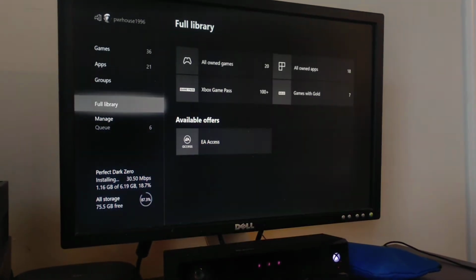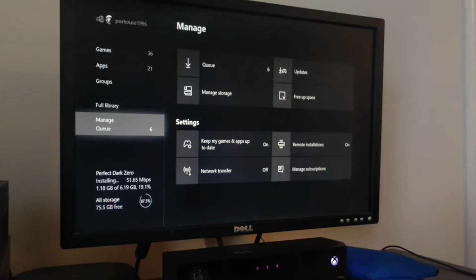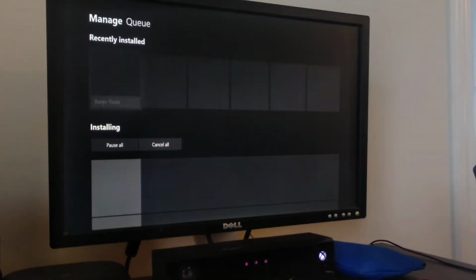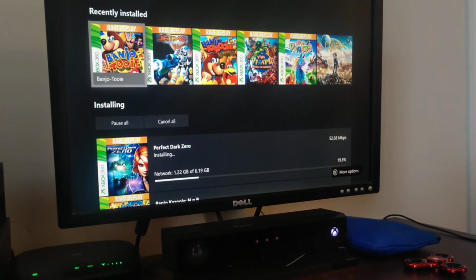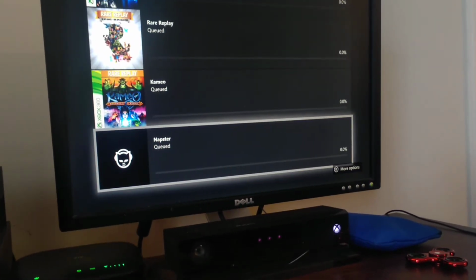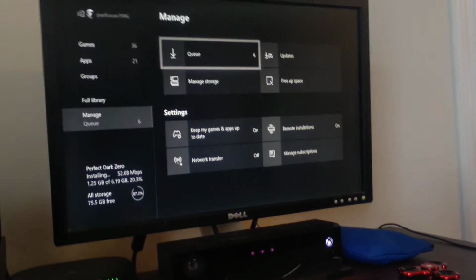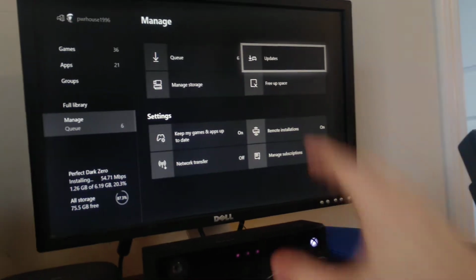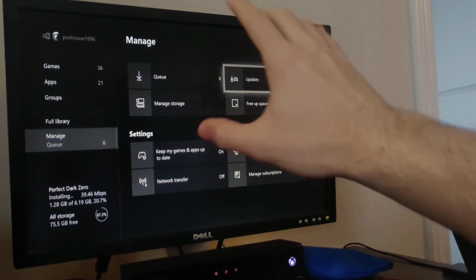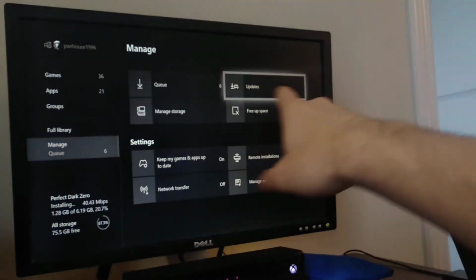As you can see, there is also this management section. As you can see, there are games I have currently downloading in the background, queued up here. It is just an easier way to get to your queue than the current way that's available. As you can see, if there were any updates available for my apps that I've downloaded, they would appear here